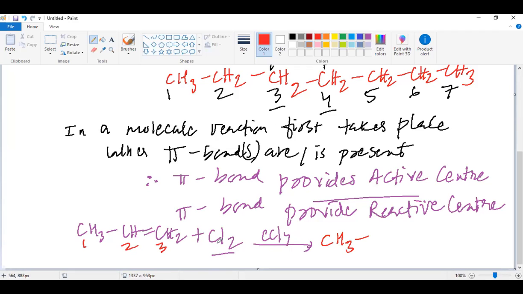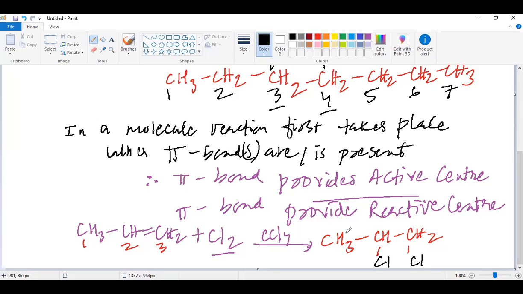Carbon number 1, carbon number 2, or carbon number 3? Two. Good. So it will be added on both these carbons and it will form